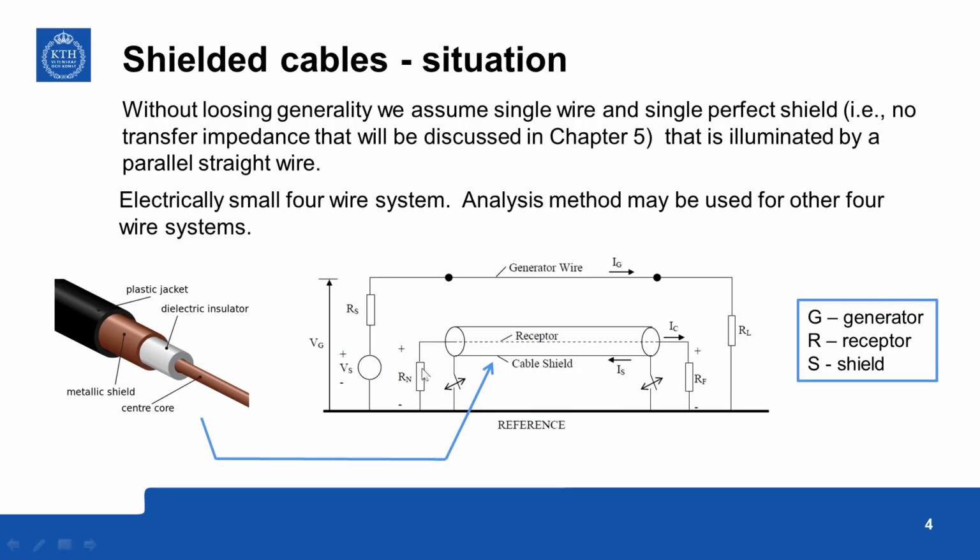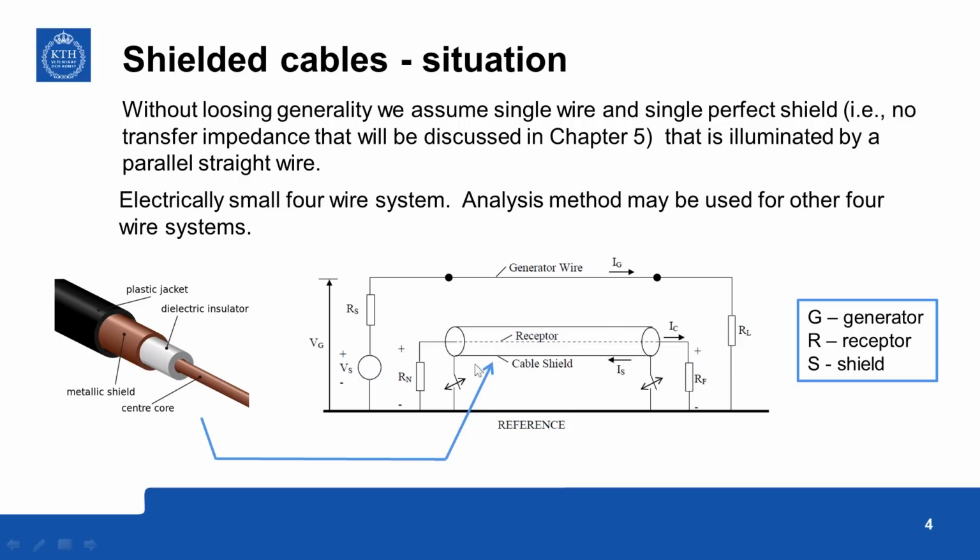Now, this is the generic situation that we will analyze. So this is a shielded cable, single core, and that is represented over here. It has a central core which we call the receptor wire and the cable shield, and you can have a connection to the ground through a resistor at both ends. So this is the near end where the source is also coming in, the generator wire. The generator wire is external to this shielded cable, maybe something parallel to this cable. And the far end is away from this generator,